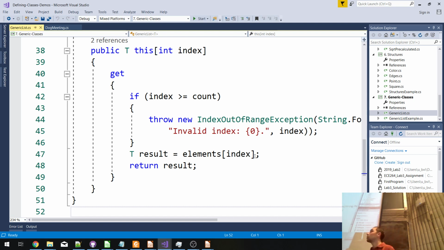How do you call it? Directly based on the name of the object. So if I created something called my generic list, I would say my generic list, open bracket, 5, close bracket. So it takes in an int. Inside it's read-only. We don't have a write property here. And what are we doing? Again, we're checking to make sure we're not out of range. We probably should check more than this, though. What else could be passed in as an int that would cause this program to blow up? A negative number. Okay. So we only check to make sure that index